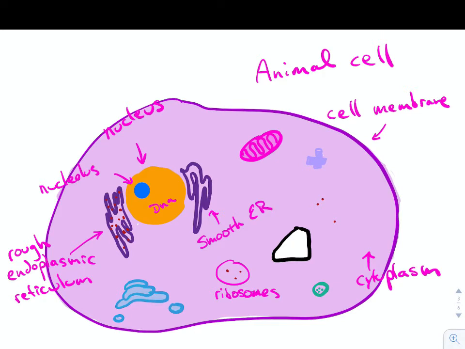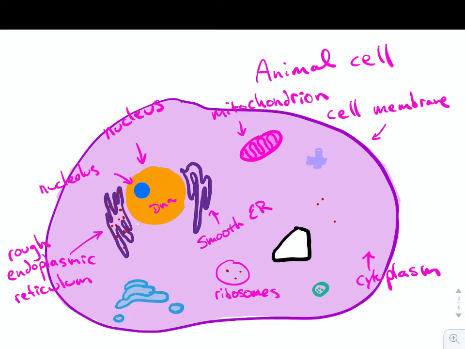And so these structures are really important because they help to manufacture things within the cell. The endoplasmic reticulum is where synthesis happens of things. Rough endoplasmic reticulum is where proteins are made, and the smooth endoplasmic reticulum is where lipids are made, specifically phospholipids for other areas of the cell. Let's see, what else do we have here? We have the